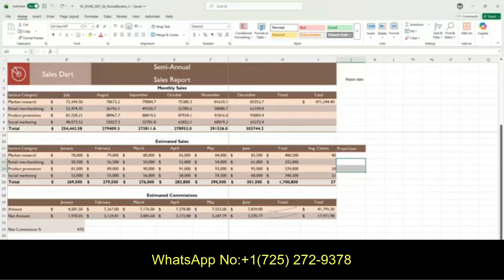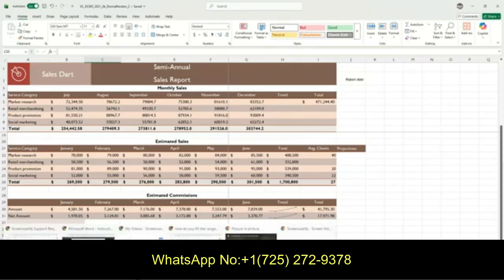The worksheet right now is named Report, so I'll double click that and rename it to Sales Report, with an S. Okay, and click outside. So that's step 1.